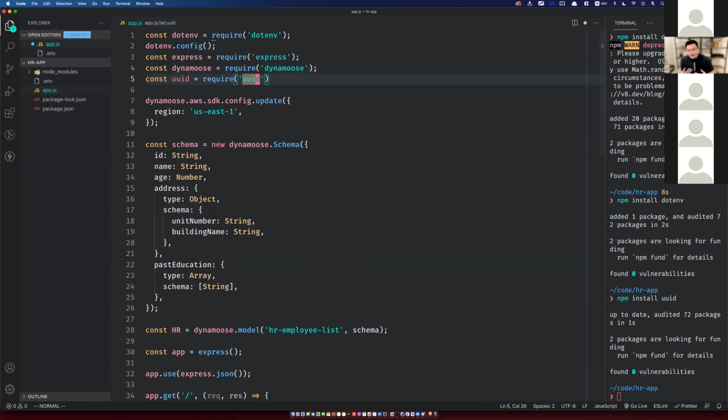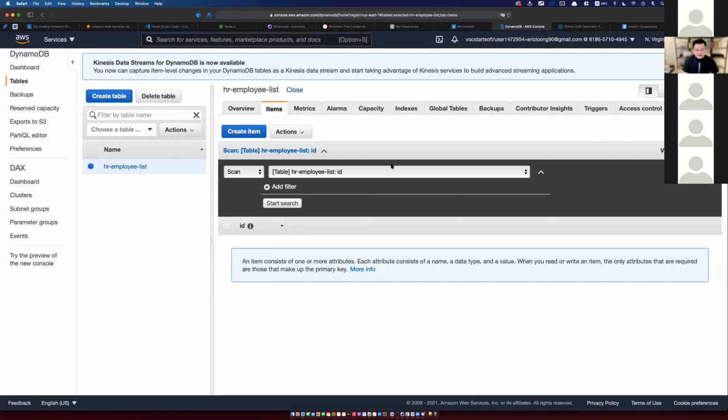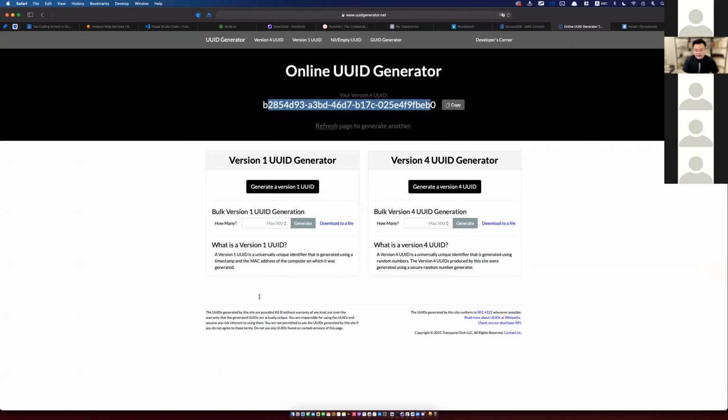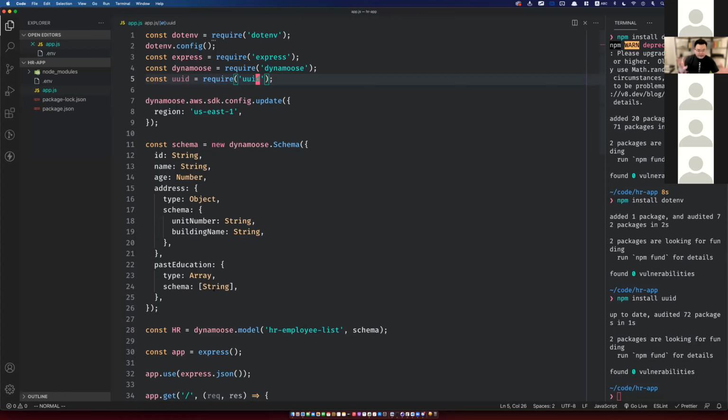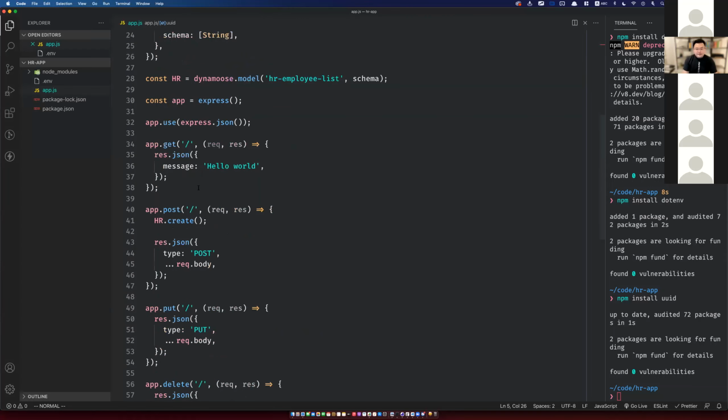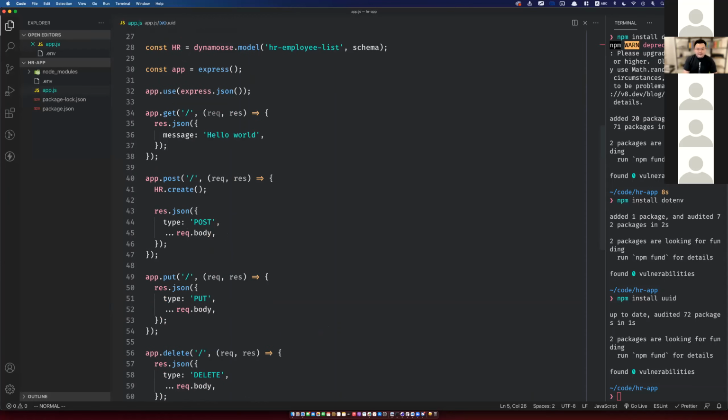UUID is a library that allows us to just create random strings according to a certain format. Which format? Remember this page over here, this format, right? So we're going to follow this particular format. In order to do so, we are going to come down here and now create the final object. So we have your new object. ID will be your